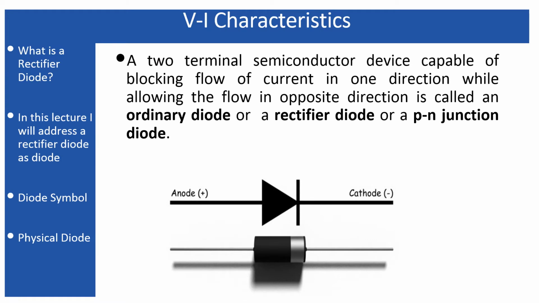The rectifier diodes are those having two terminals, which allow the current to flow in one direction, that is called forward bias, and oppose the current flowing in the opposite direction, that is known as the reverse bias. As simply as that, this is the basic definition of a rectifier diode.